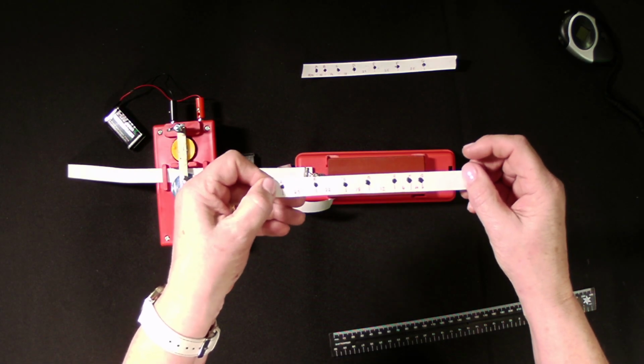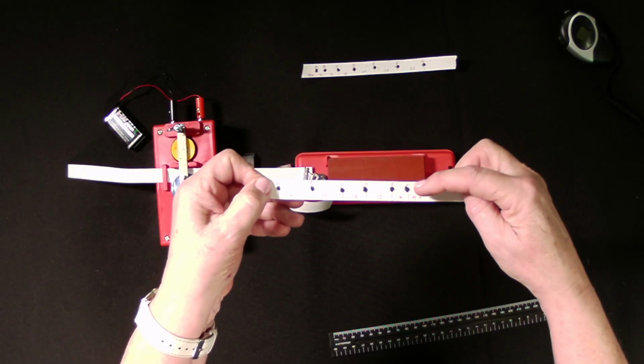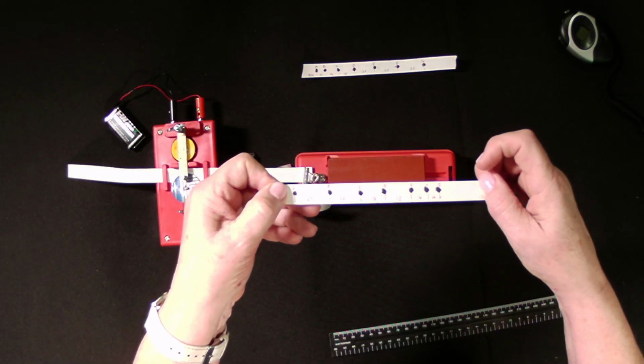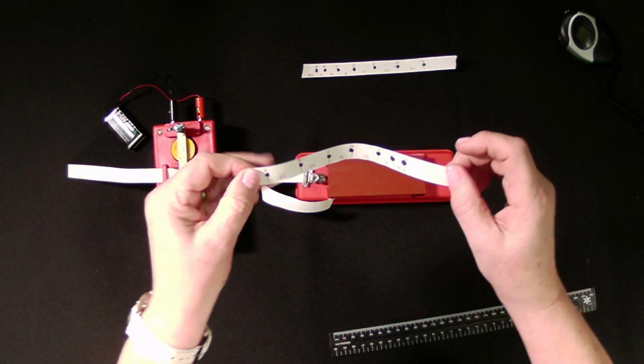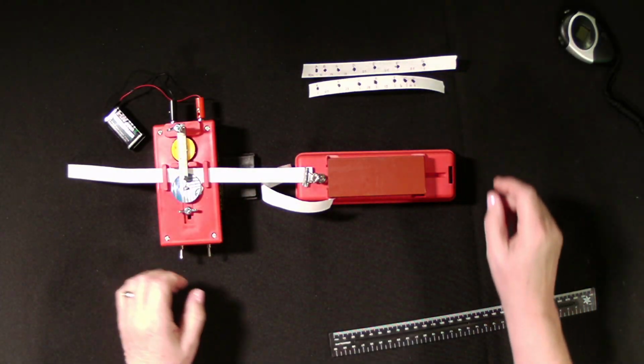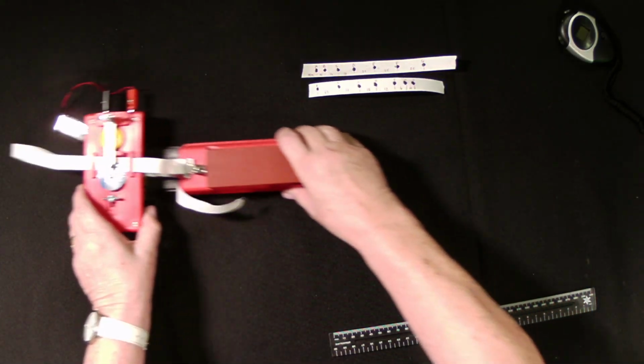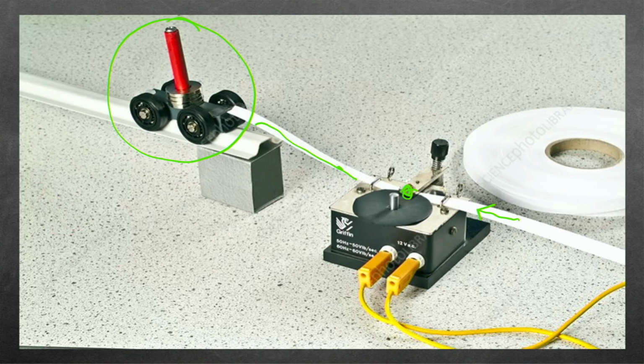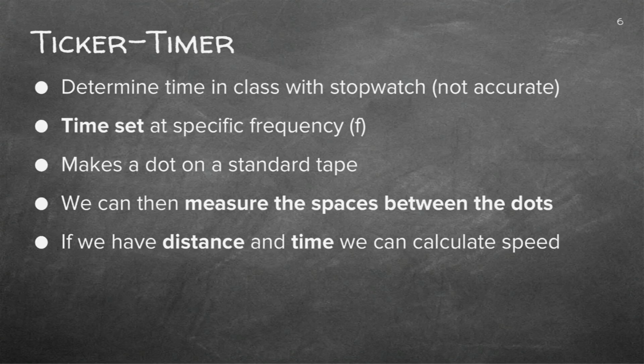Can you see the dots are far apart and then they get nearer, which means it's moving slower. So this will be the kind of result that you'll have from your ticker tape experiment. Let's go and see how we'll do the calculations. So, we've got the ticker tape apparatus and we now heard the sound. Let's go and work out a few things with the data that we'll get.